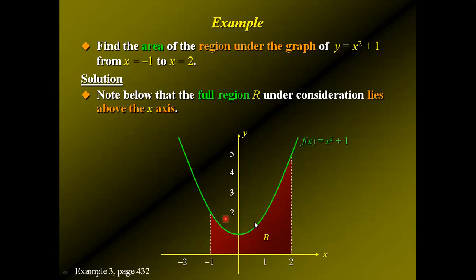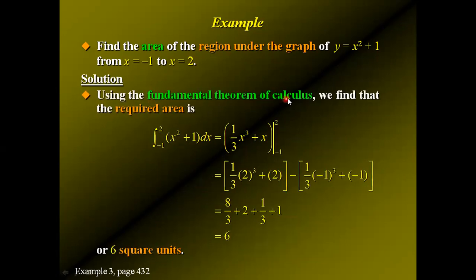Okay, using these types. So using the fundamental theorem of calculus, we can find the integral from minus 1 to 2. The limits will be minus 1 to 2, and f of x will be x square plus 1 dx. Just using the definite integral method, we can find the integration of x square: x to the power 2 plus 1 divided by 2 plus 1. That means x cubed by 3.